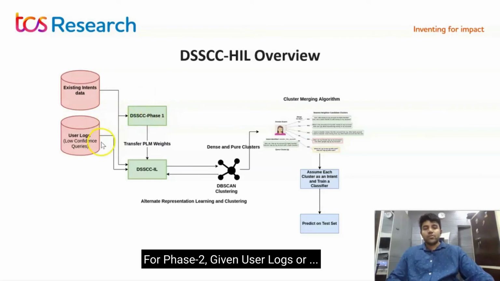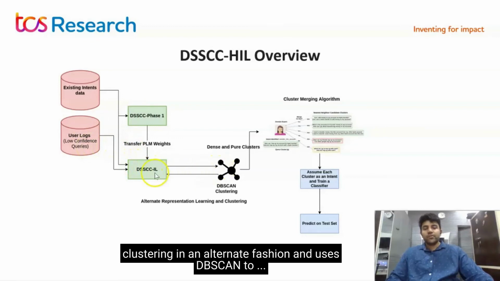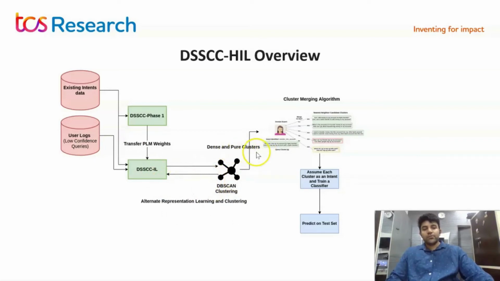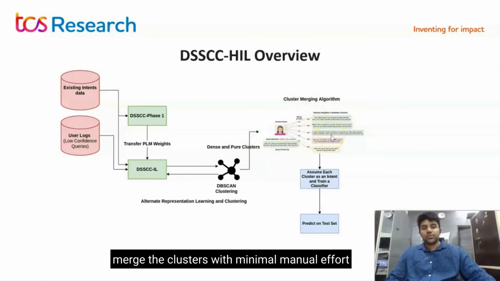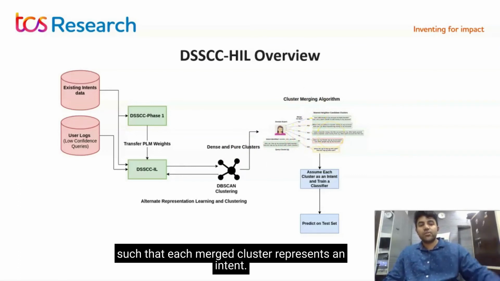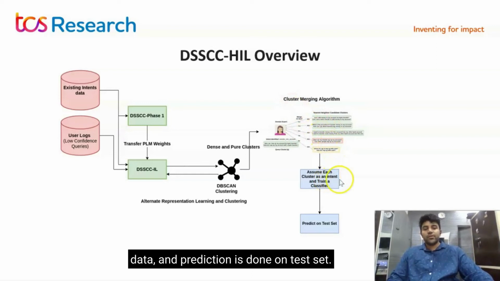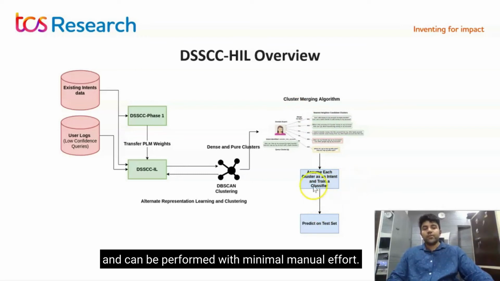For phase 2, given user logs or unlabeled data from known and unknown intents, DSCC-HIL performs representation learning and clustering in an alternate fashion and uses DBSCAN to generate dense and pure clusters, which are large in number. For phase 3, domain experts merge the clusters with minimum manual effort such that each merged cluster represents an intent. Then a classifier is trained on this data and prediction is done on the test set. Note that merging clusters is an easier operation than splitting and can be performed with minimal manual effort.